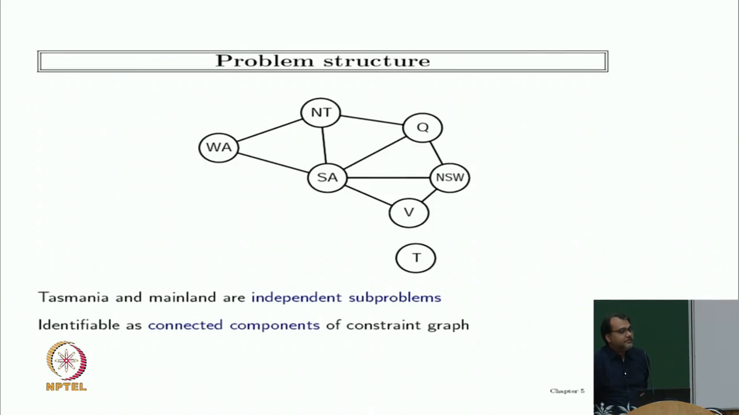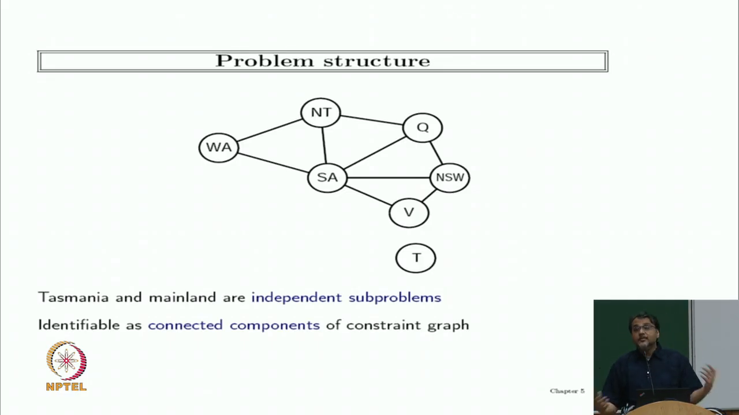Look at this particular problem. Now you can see that Tasmania and mainland are completely independent problems. Therefore, should they be solved in a single search algorithm? No reason. Okay, we will be wasting time, because when we are backtracking from Western Australia and Northern Territory, the value of Tasmania does not matter. In fact, suppose I give you two independent sub-problems. If I give you two independent sub-problems, then you don't need to solve them together, you can solve them separately,